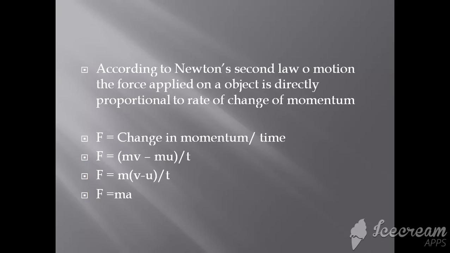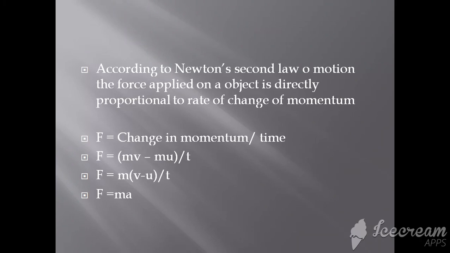Now what was momentum? Product of mass and velocity. Now how will you find the change? You can find the change by subtracting initial momentum from final momentum. If the product of mass and velocity is momentum, then mv would be the final momentum, as v is the symbol used for final velocity. m into u is the initial momentum, because u is used for initial velocity. So mv minus mu is the change, divided by time.